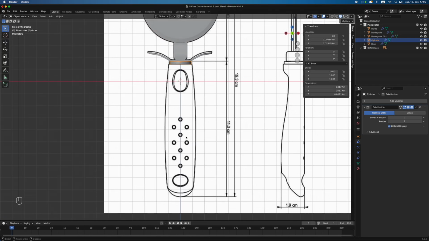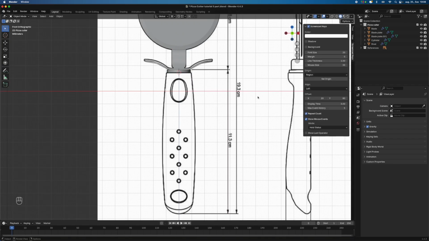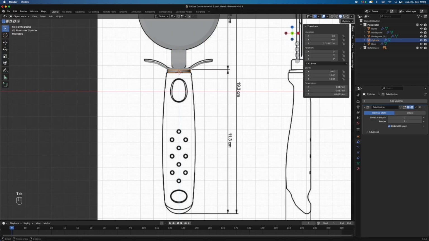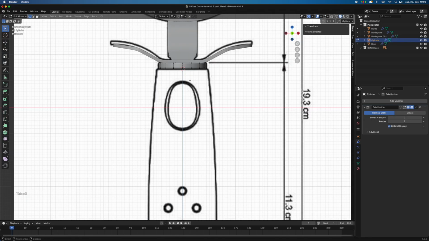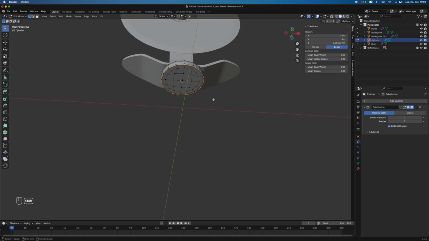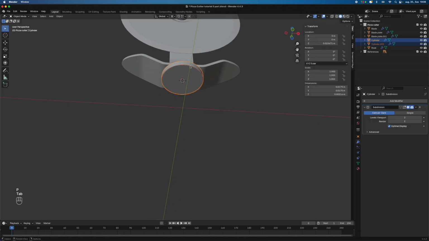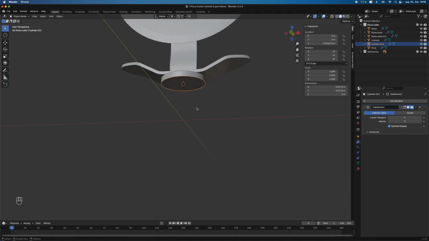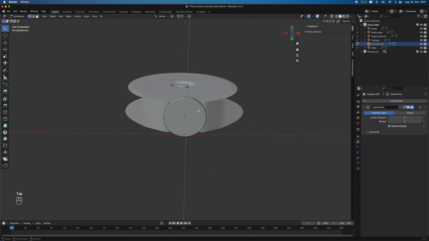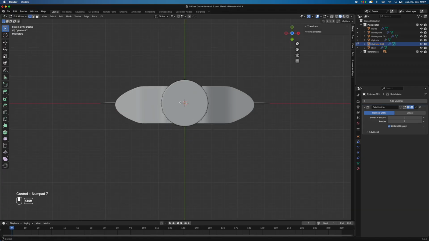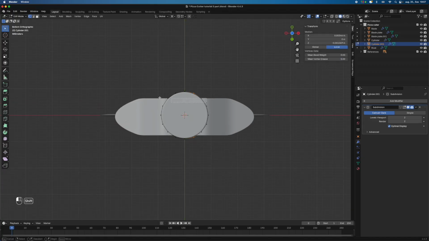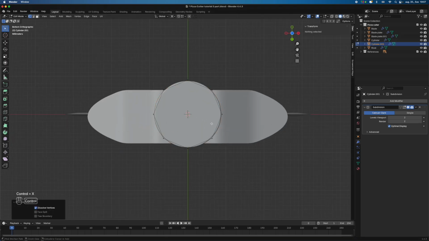And now we can come to this handle part. So for that I want to start off with this piece. Tab, select only one loop, Shift D, duplicate it, P, separate by selection, then select only this one. Go to edit mode, and I want to delete every second vertex, so I'm going to do it like so,